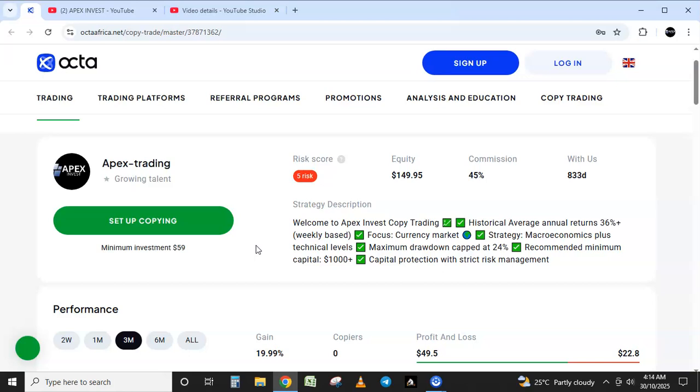Then the remaining part of the fund, you use it to copy our currency trades, because this one is short term. You can be generating cash flow, because this broker distributes the trading profit weekly if there was a profit for that week. The maximum drawdown, this is what it means in case you are confused. The market of focus is currency. Maximum drawdown is the worst case scenario. But we try to use strict risk management to protect everybody's end.